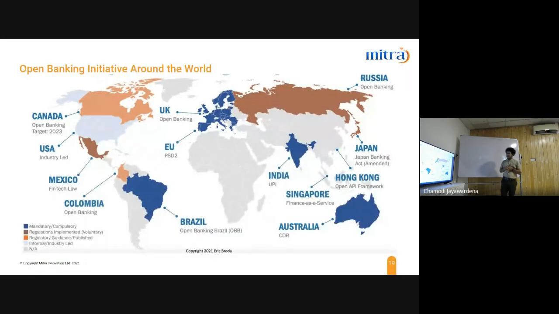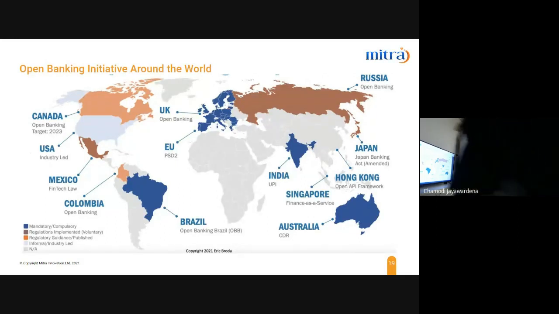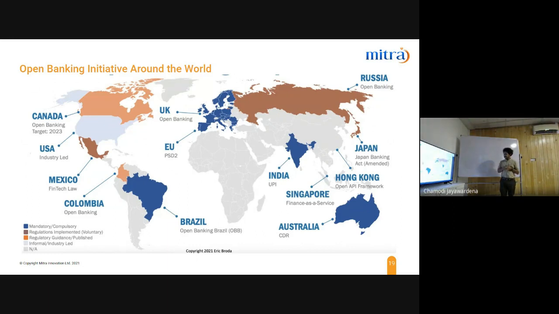Okay, so same as the UK specification, there are other specifications in different countries. UK has Open Banking, Europe has PSD2, and next we discuss Australia has the CDR, and further India has the Unified Payments Interface. Likewise, different countries have their different